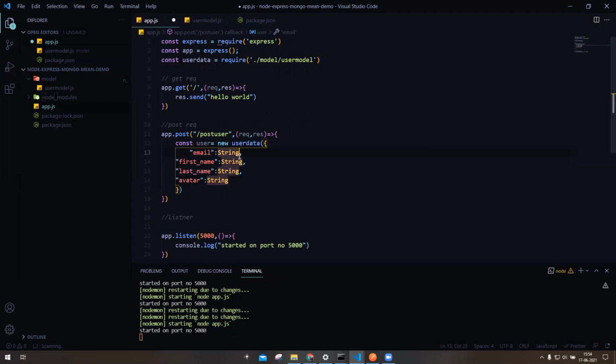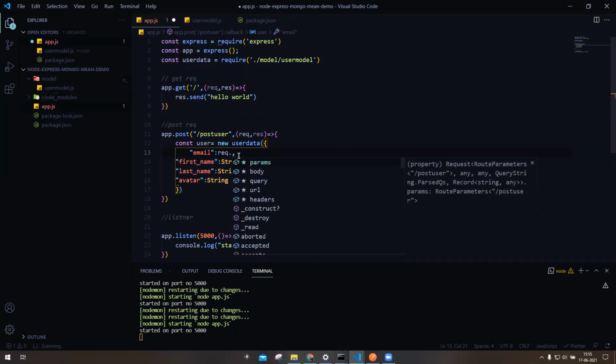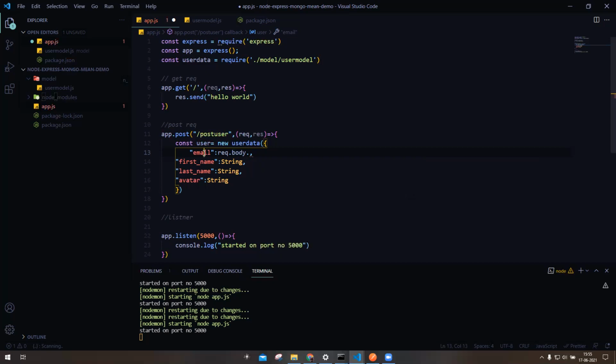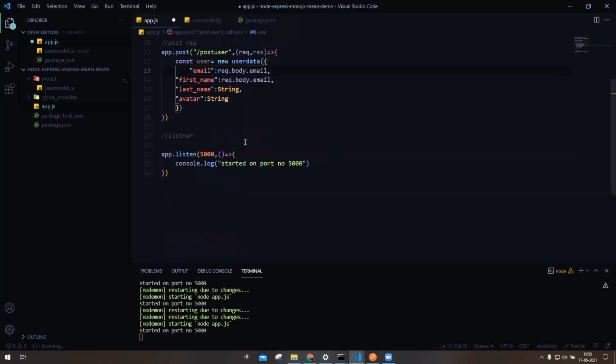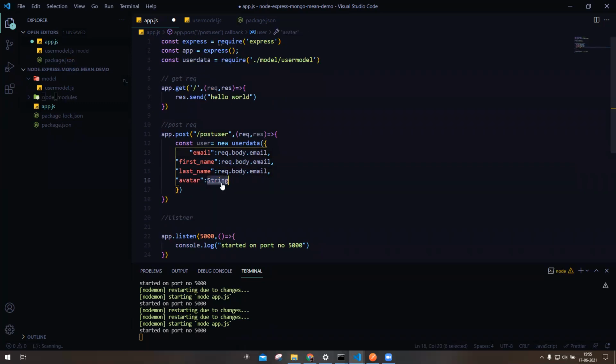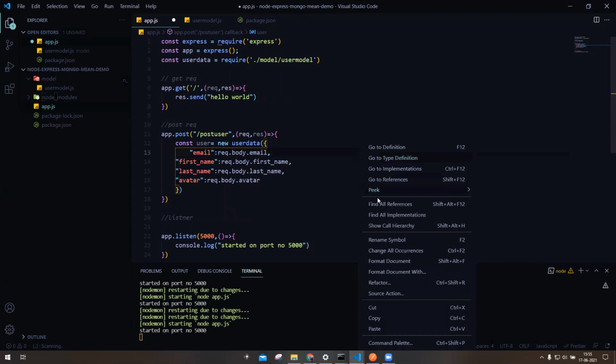Now we have to change this string with request.body.email. We'll copy. Request.body.first name, request.body.last name, and request.body.author. Format this document.